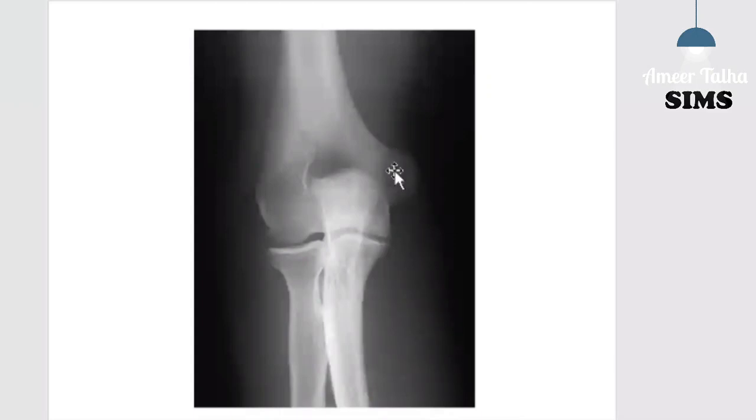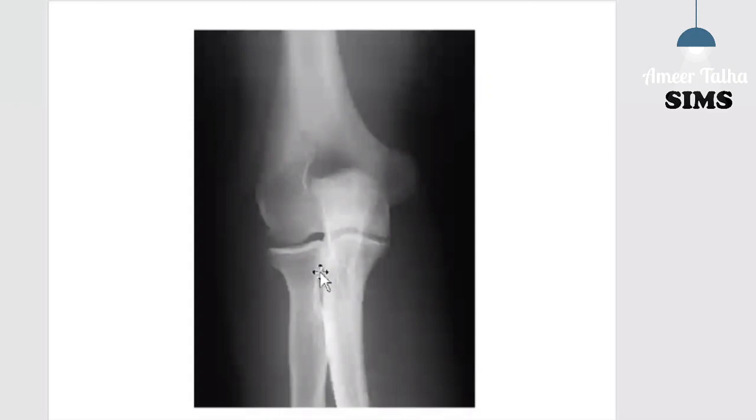This is the superior radioulnar joint. This in general is known as the triple articulation, means humeroradial, humeroulnar, and superior radioulnar joint. And this is the disc-shaped head of the radius. This narrow part is the neck of the radius. A chalk may be encircling this part, and this is the radial tuberosity.